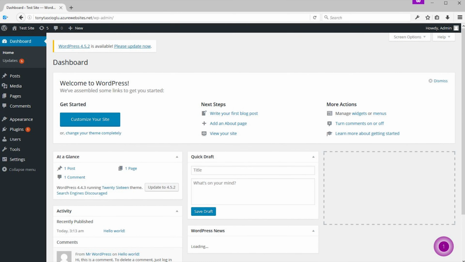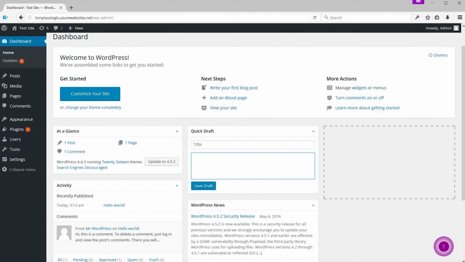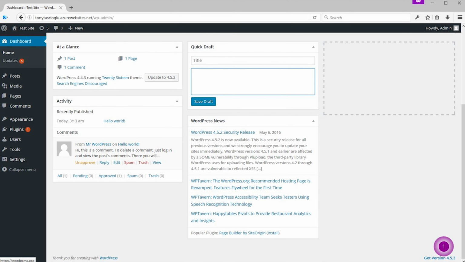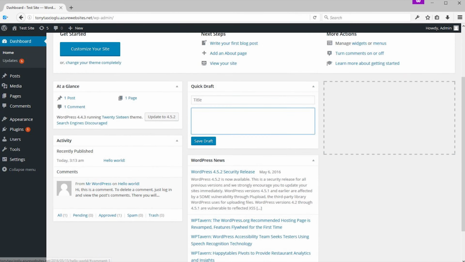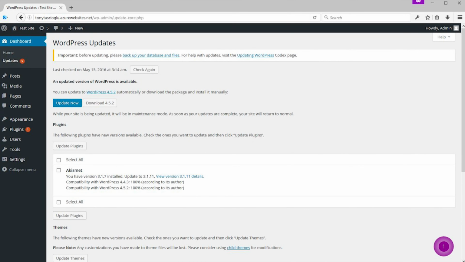First thing, this is your at a glance view. So this shows you can create quick drafts, the posts, comments, pages you have, and if you have incoming comments, very useful for when you have lots of comments and you want to quickly reply, you can just click reply to the comments from here. So we can see that there's actually a new update available at the time of filming this, 4.5.2. So you just press please update now,